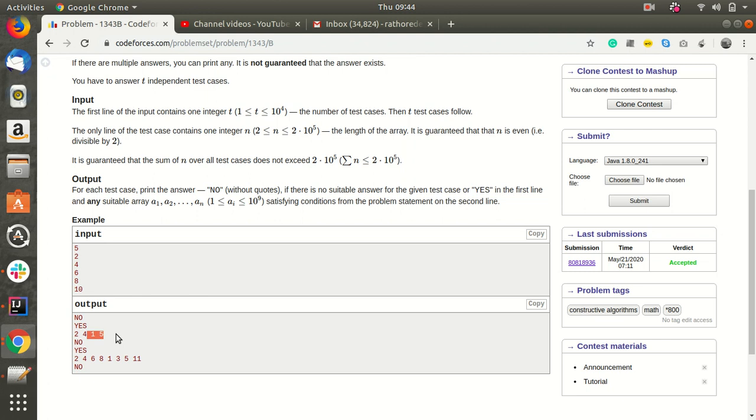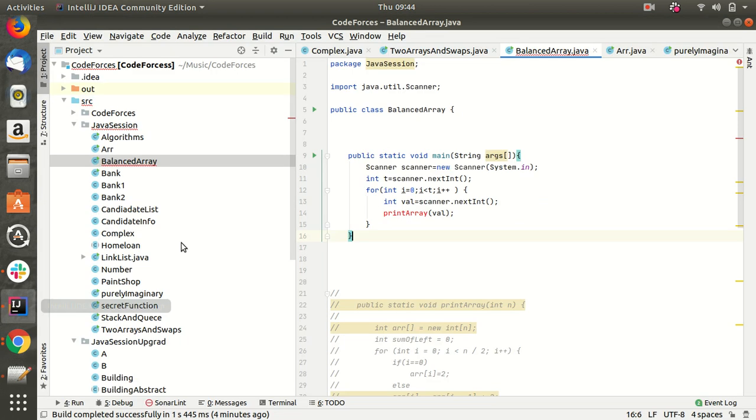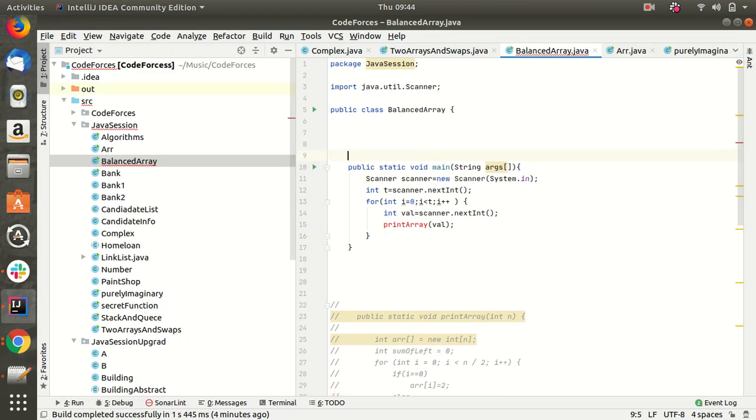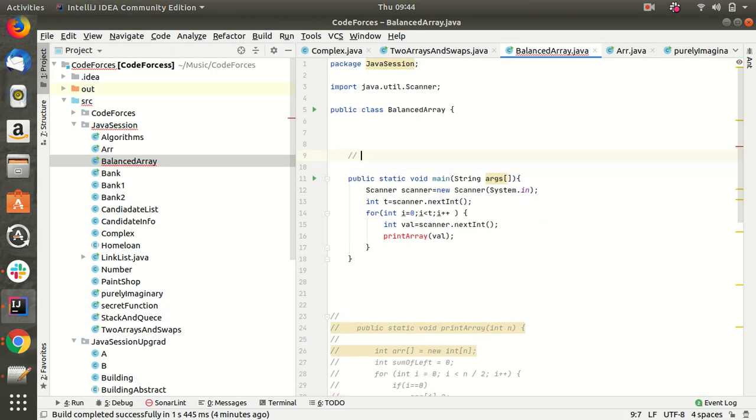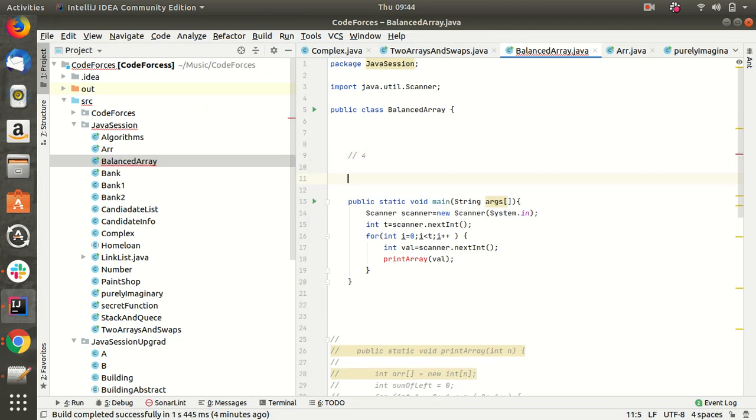So how can we achieve it? Suppose our number is 4. We'll start with 2 and first construct the even numbers from 2 to 4, then we'll start with the odd numbers from 1, and for the last one we'll compute 6 minus 1, which is 5.